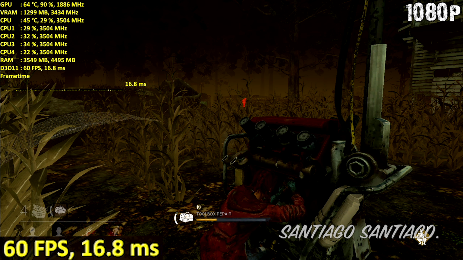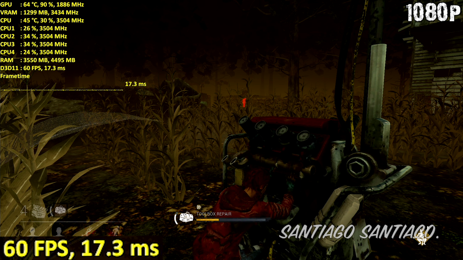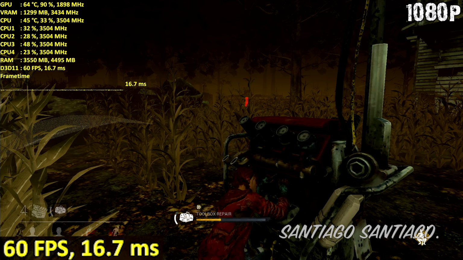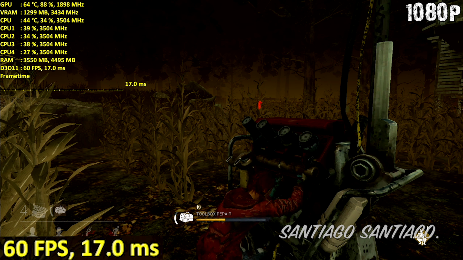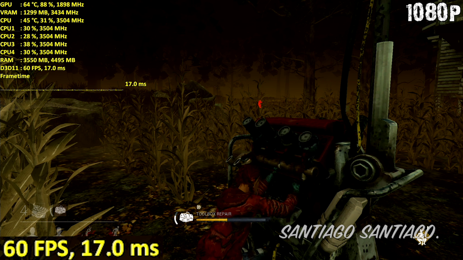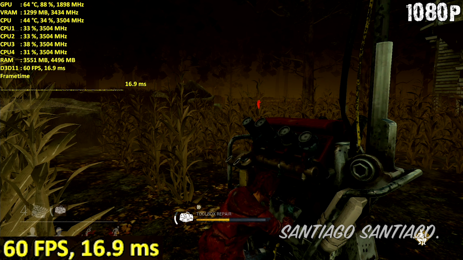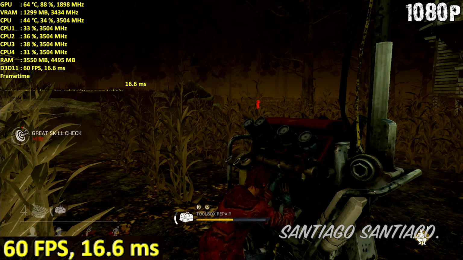So well, first of all, I'll show you 1080p trying to get 60 frames per second, and in order to do so, I'll lower everything to the minimum. Since this options menu is not extensive at all, I will only lower the quality option to low. We have low, medium, high and ultra, and well, at low settings I was pretty much between 50 and 60